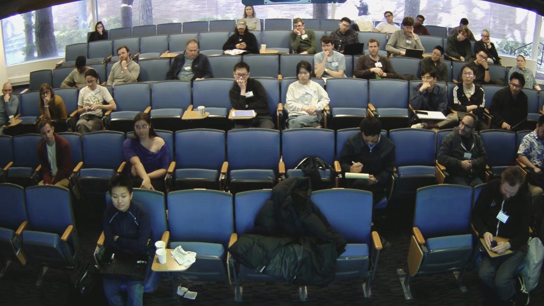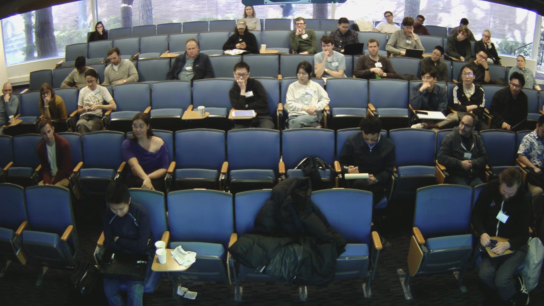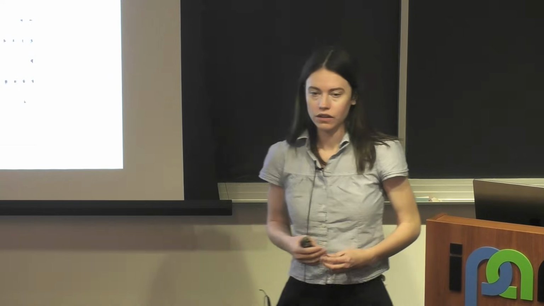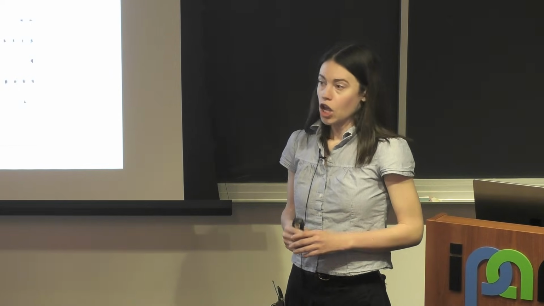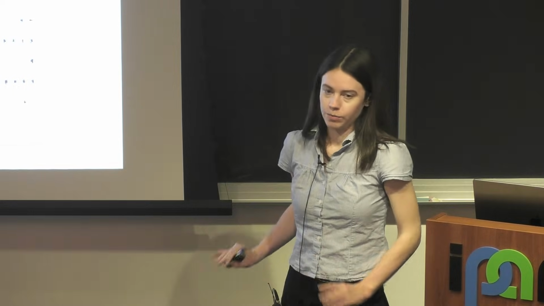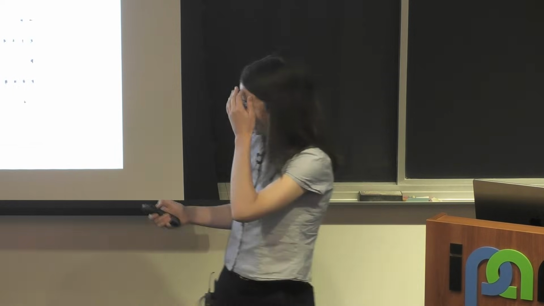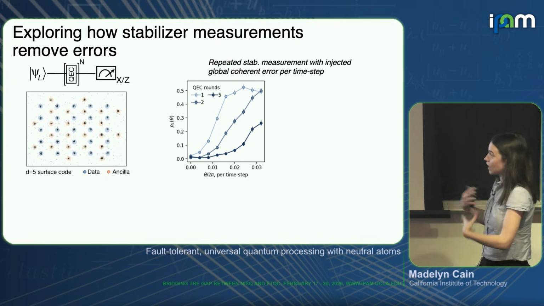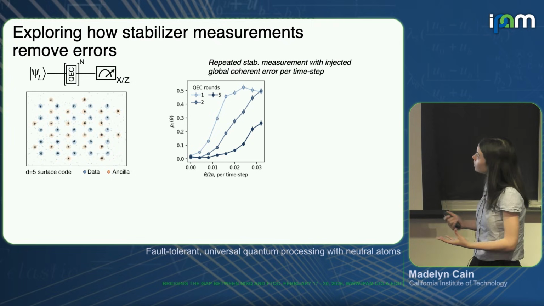Is the amount of error that you incur in the entangling zone proportional to the amount of time in the entangling zone, or the amount of pulses that are done in the entangling zone? From gates, it's the number of pulses, but then there will be some ambient idling noise as well. Is it larger in the entangling zone than in the storage zone? It's uniform, generally speaking. Okay, cool. Thank you.